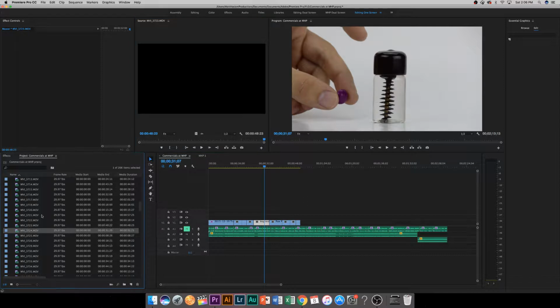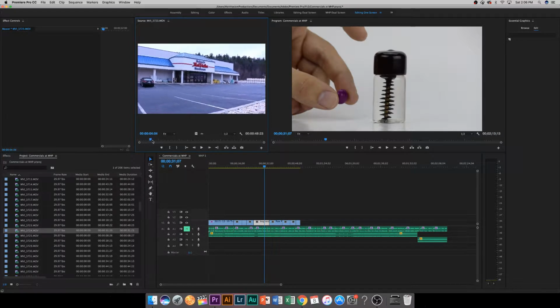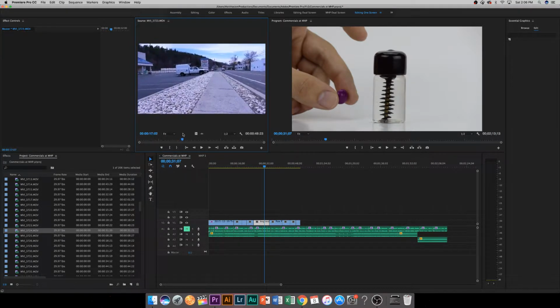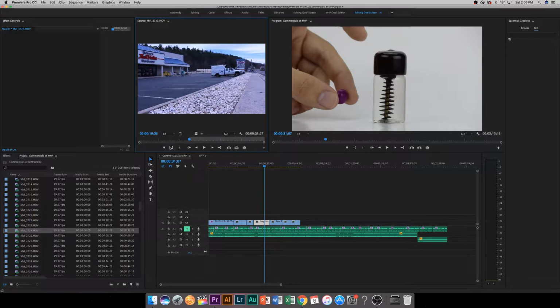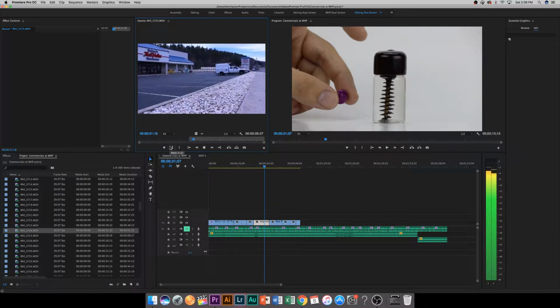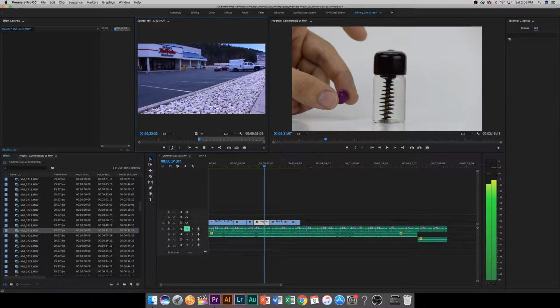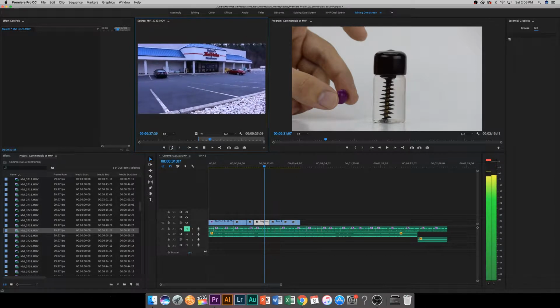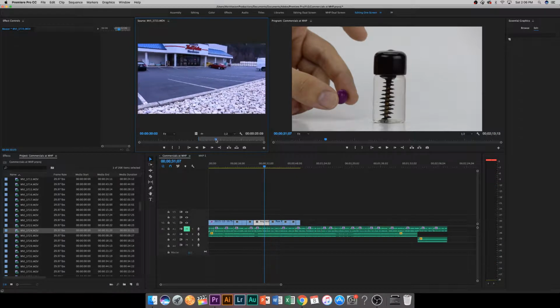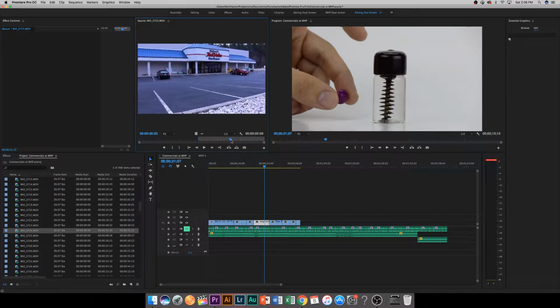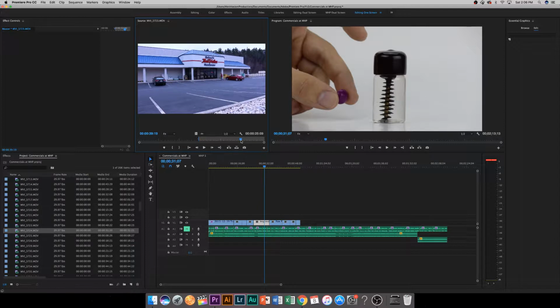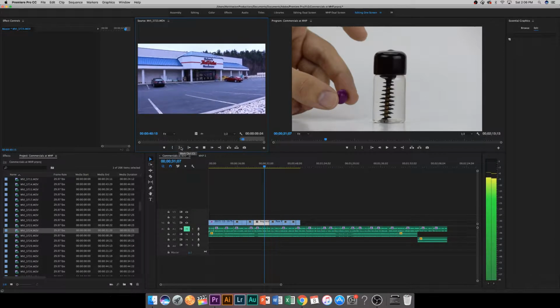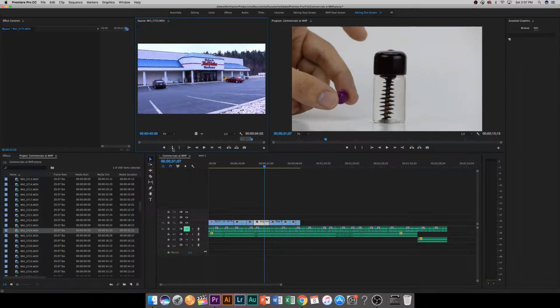And what I do, I just scrub through footage like this to see what I'm dealing with. And right there, I really like that shot because